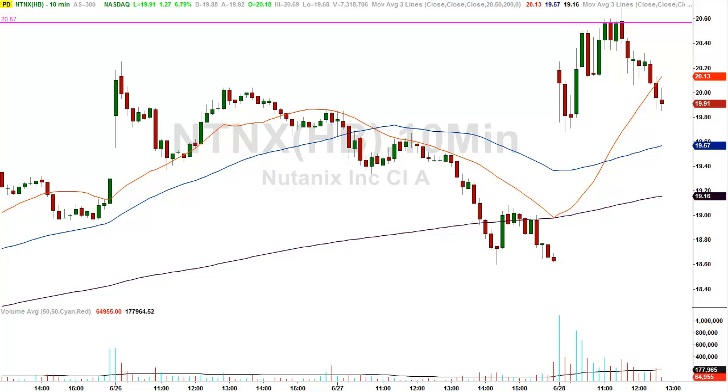The second strategy in the course is known as the gap fill trades. When stocks gap higher or lower at the open, it leaves what's called an open gap. At some point in the future, most of the open gaps will be filled. What you learn in the course is how to trade those specific gap fill trading opportunities that are poised to